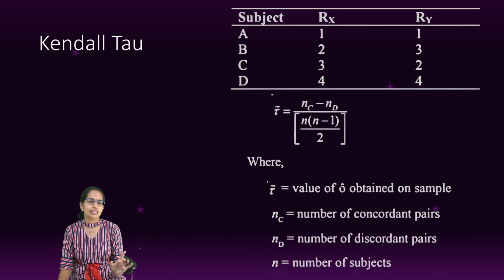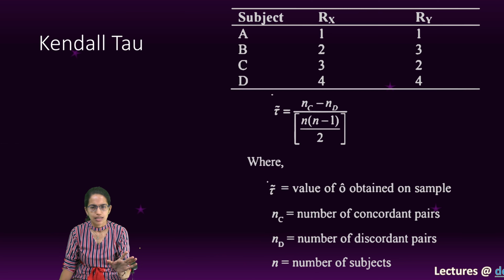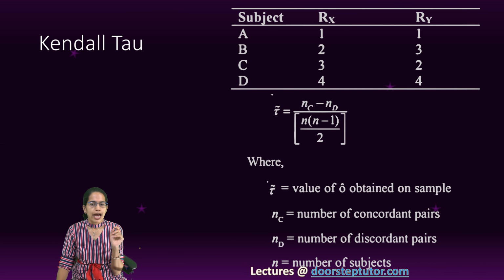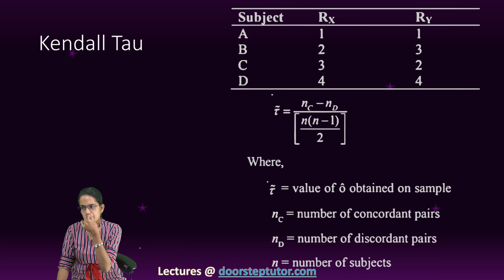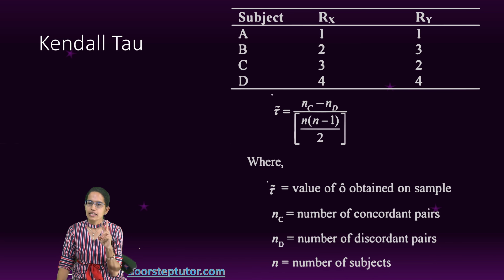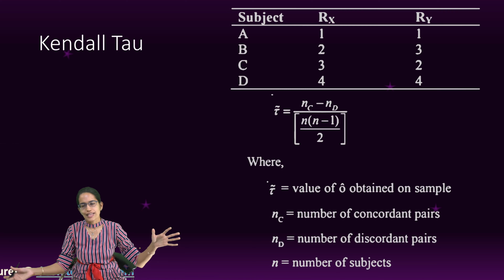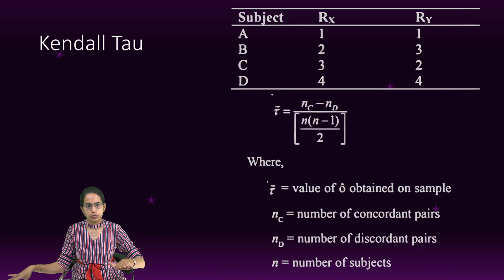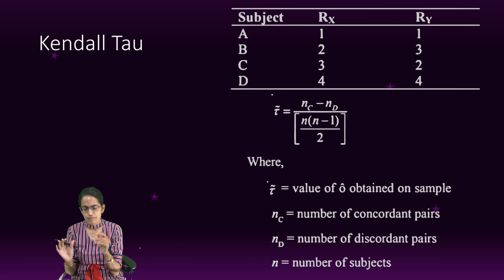The next correlation technique is extremely interesting. Understand this very carefully. This is known as Kendall's Tau. Kendall's Tau was developed by Kendall, and here again there are two sets of ranks. So again, let's say it's a drawing competition. There are two judges, each of them ranking the people. So I am taking a smaller example to solve this.